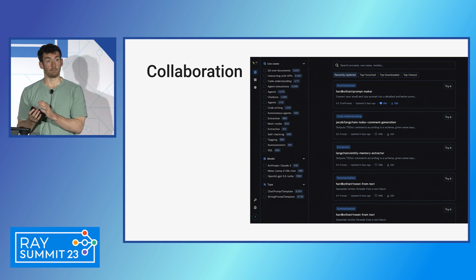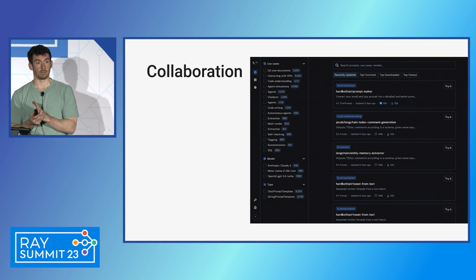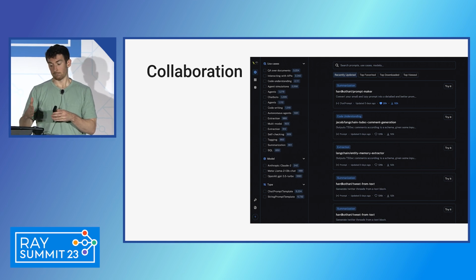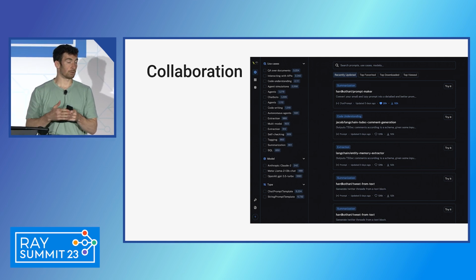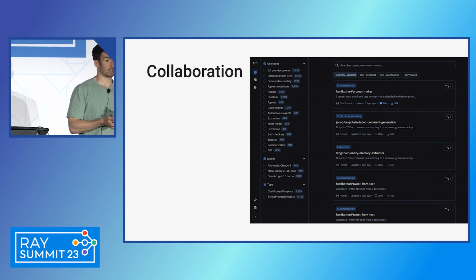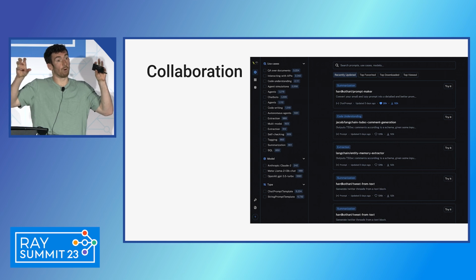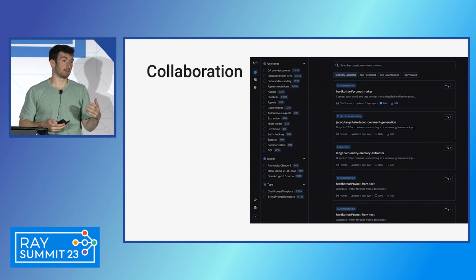So the prompt engineering might often be best done by a PM or a non-technical person who really knows the problem that's trying to be solved and who's pretty good at communication and can describe that. And then the data engineering is still crucially important, and that's data engineering at the end of the day, so that's often done by an engineering team. And so there needs to be some way for these two different teams to collaborate on these applications.